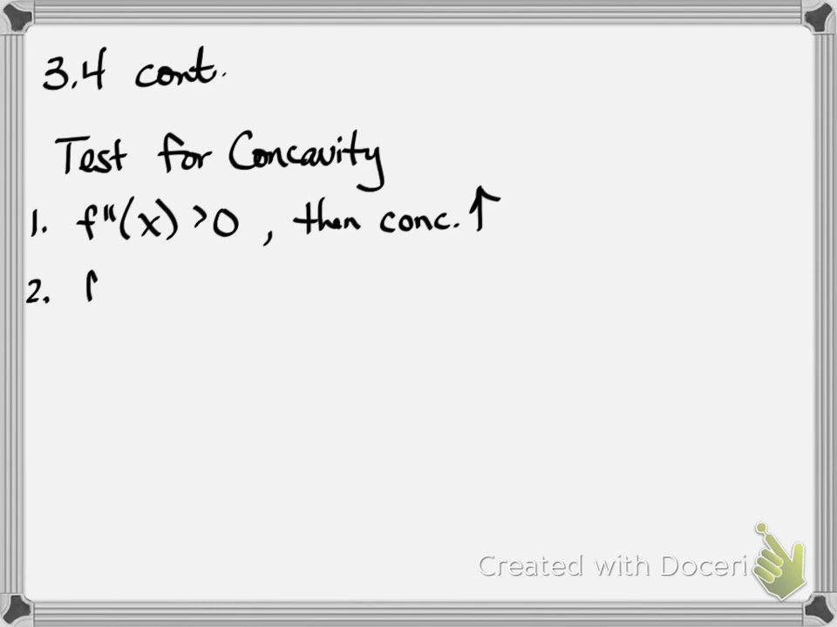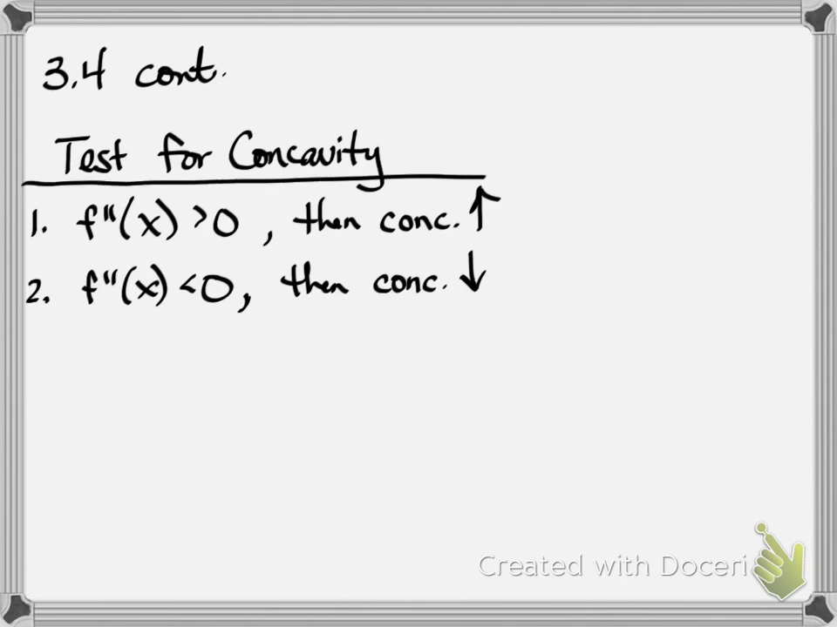And if the second derivative of x was less than 0, then that meant it was concave down, like a frown. So that was all true. It's just called the test for concavity, not the second derivative test. The second derivative test